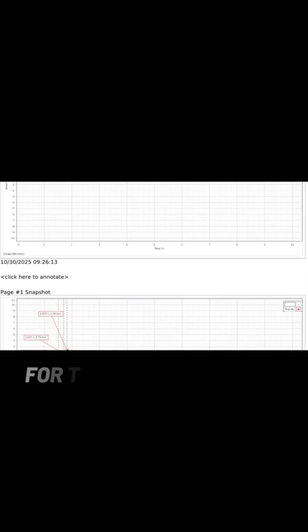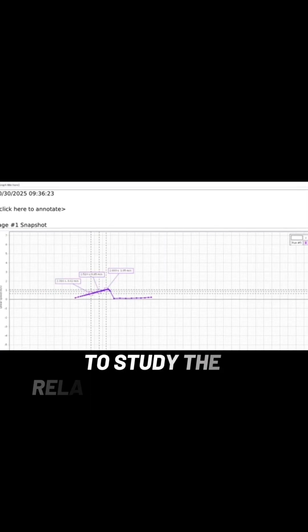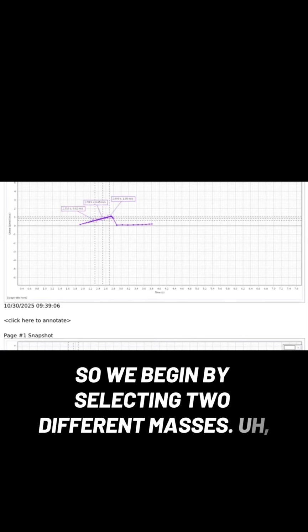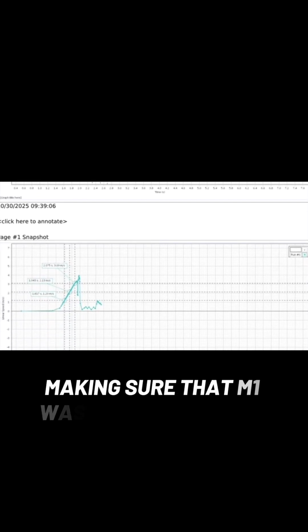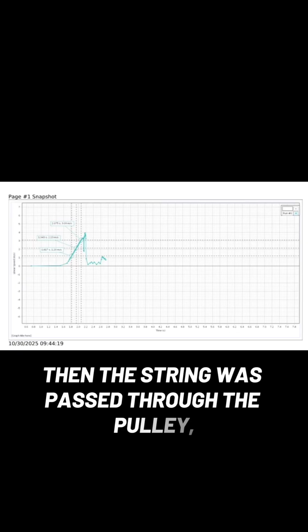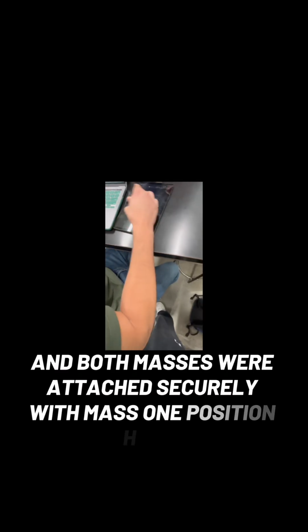Hello everyone, for this experiment we used the Atwood's machine to study the relationship between the mass and the acceleration. So we began by selecting two different masses. We labeled them M1 and M2, making sure that M1 was heavier than M2. Then the string was passed through the pulley and both masses were attached securely. With mass 1 positioned higher, we started recording and released the system, allowing the masses to move freely while the